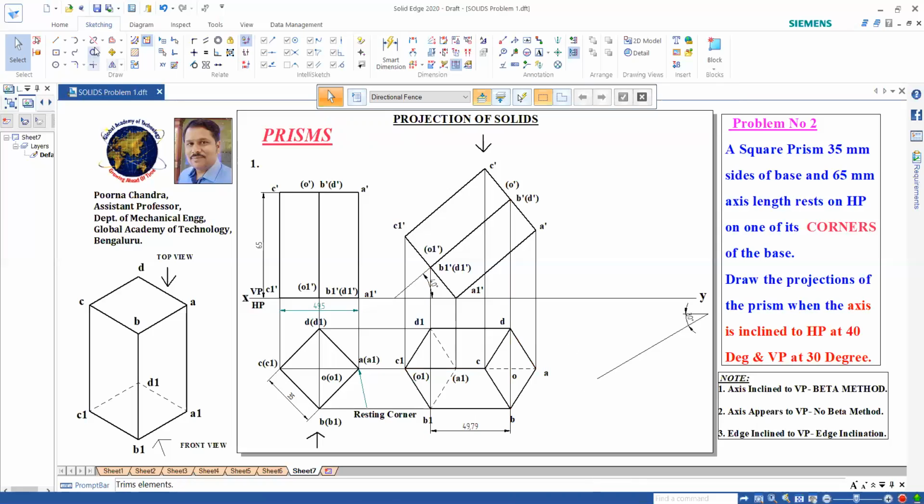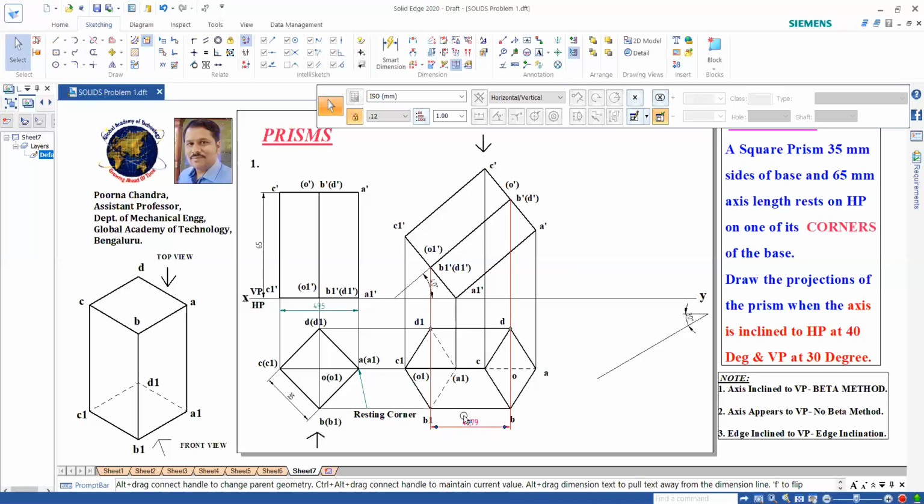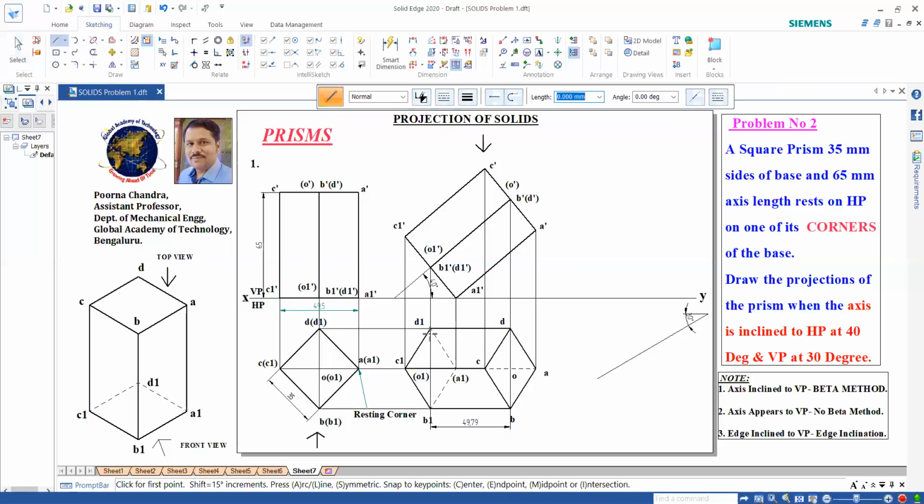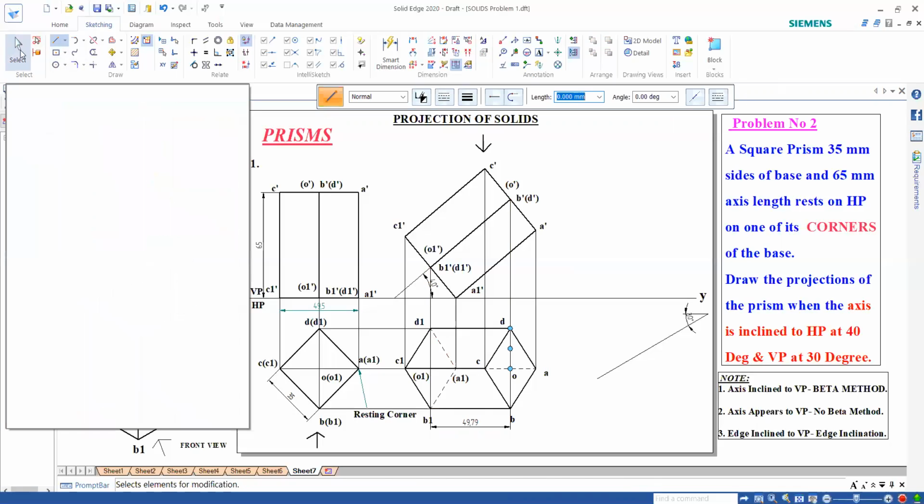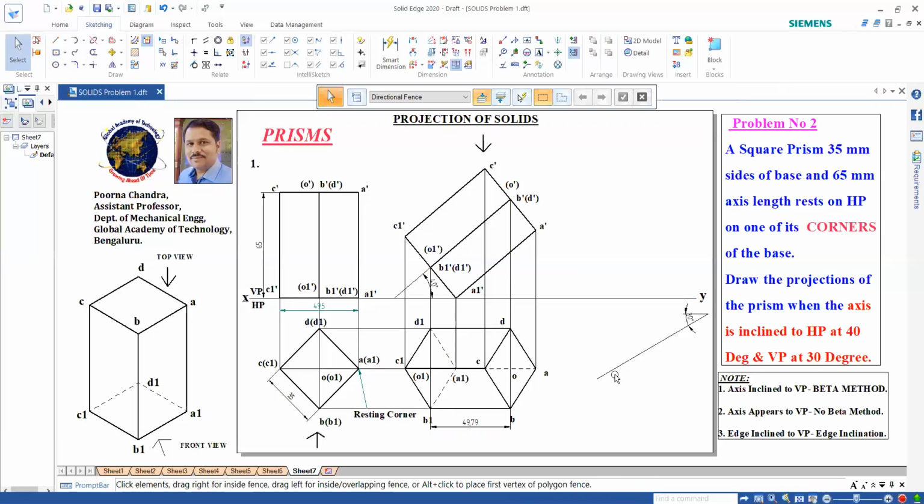Before doing that, I will trim this edge, this and this, so that I can draw a projection line from this to this. To make my later construction easy, I have done this.